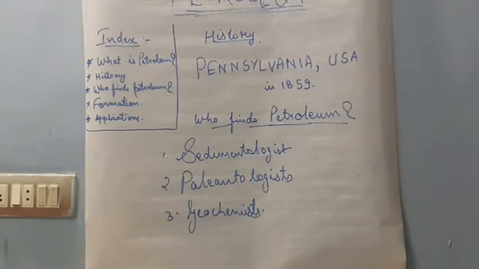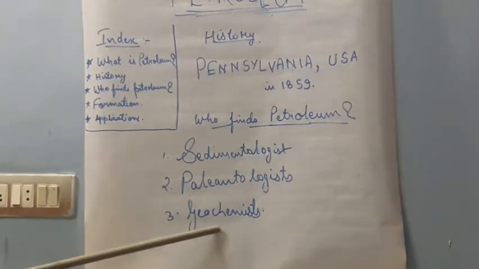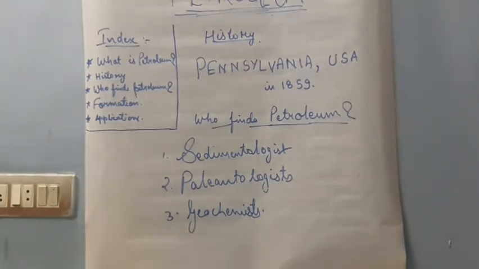Then the third important person is the geochemist. From the word itself you can find two words. First is geo, geo means earth. Then you can find chemist. Chemist means who studies chemicals. So the persons who tell about the chemistry of rocks are known as geochemists. Okay, Earth consists of rock, and